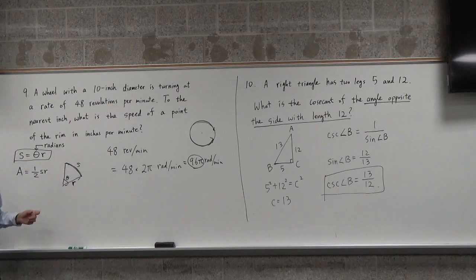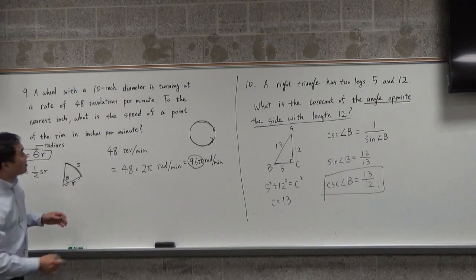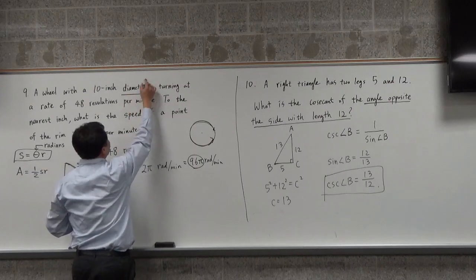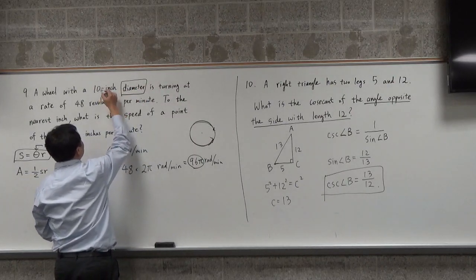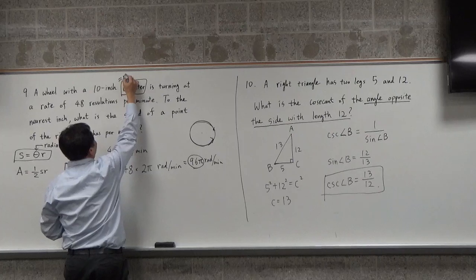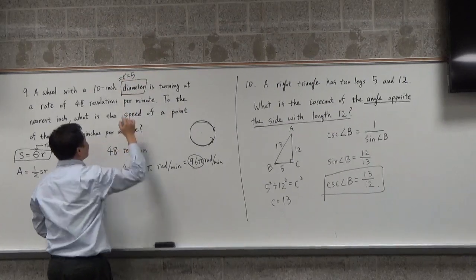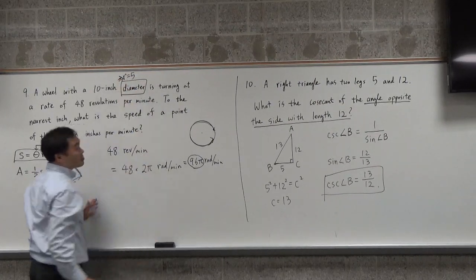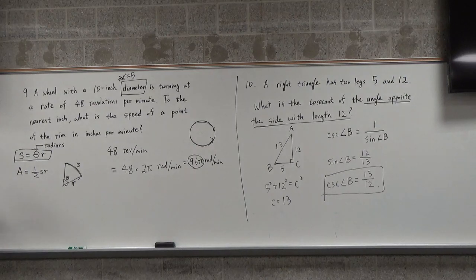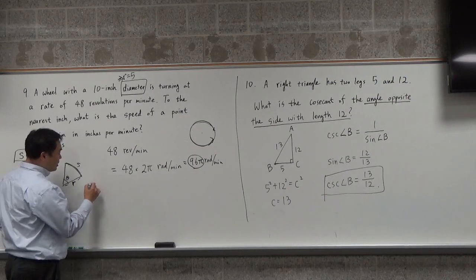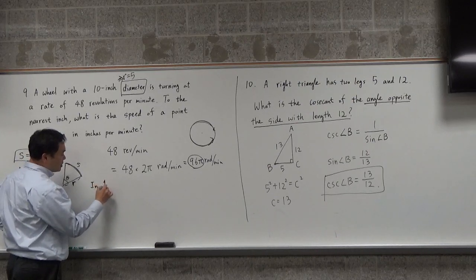Well, isn't the R 5? Ah, sorry. Yeah, you're right. Yeah. So it says diameter. Yeah, good catch. Okay, so this should be really the same as R equals 5, because 10 is the diameter. All right, thank you. So now what you get is that in 1 minute,